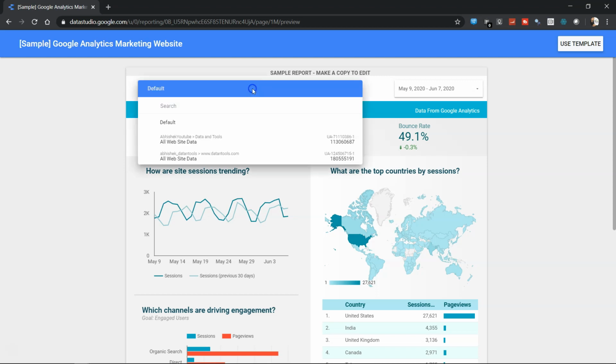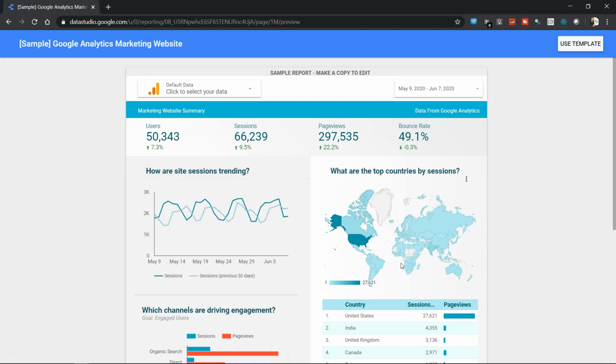One filter is to select the data. Let's say we have multiple websites of which we want to look at the analytics. For example, if you are a social media manager and your company has multiple websites, then you can connect to multiple websites over here. As you can see, the different websites will come into this filter, and you can just select one and you will have the information for that website over here.